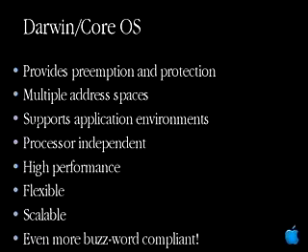So in terms of the services that the Core OS provides, certainly it is responsible for the preemption and memory protection model for the system. It actually provides multiple address spaces. So each application that runs on the system is in its own separate address space, so that if you have an app that tends to run wild, writing all over memory, it'll ultimately hit the edge. The kernel itself will trap that condition and kill the application. You won't be in a situation where your application can bring down other apps on the system.